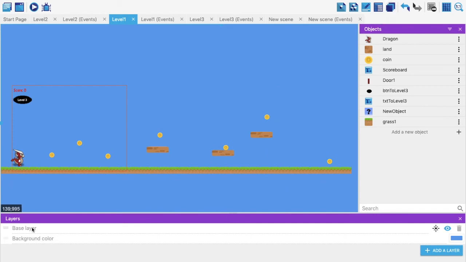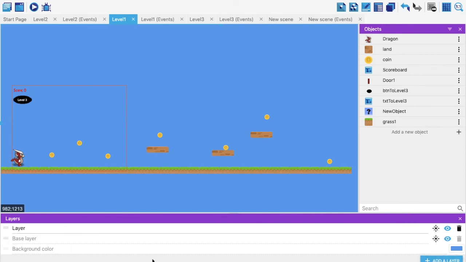So right now there is only one layer, which is the basic base layer, and everything over here that we are seeing right now is on this base layer. And that's the reason when I do the parallax effect with the dragon, everything moves ahead and these things stay there, because the layer is not changing, right? So what you have to do is, you can simply add a new layer. I have just clicked on add a new layer, and I can name it anything. So I'm going to name it layer 1 for now.